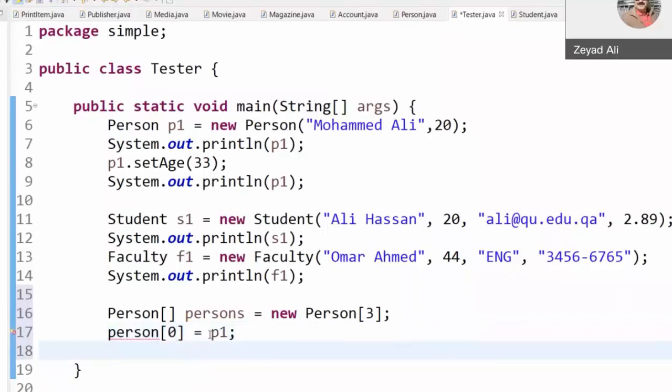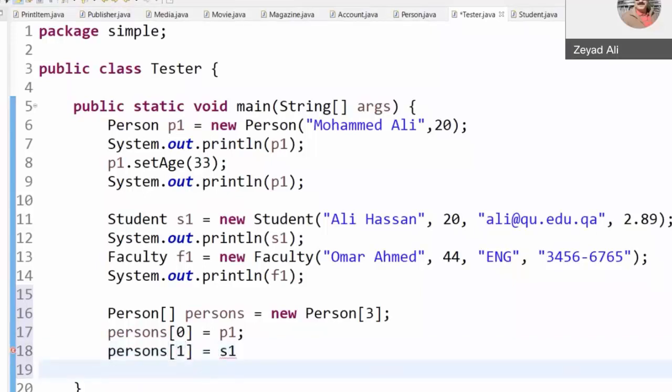Can I put a student inside it? Definitely. Student is a person, or at least everything in the student is a person plus something else. So here I can say persons 1 is equal to S1, which is a student instance, and finally persons 2 is equal to faculty.